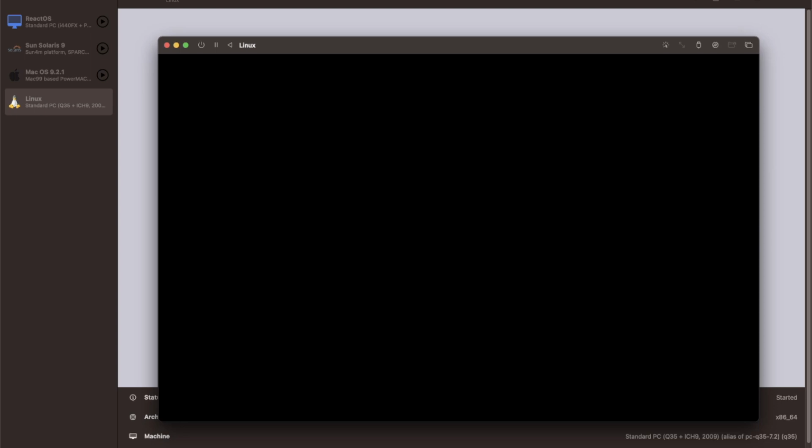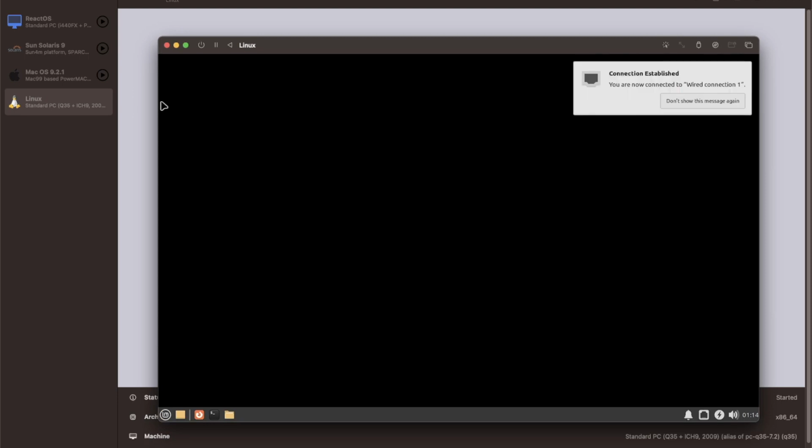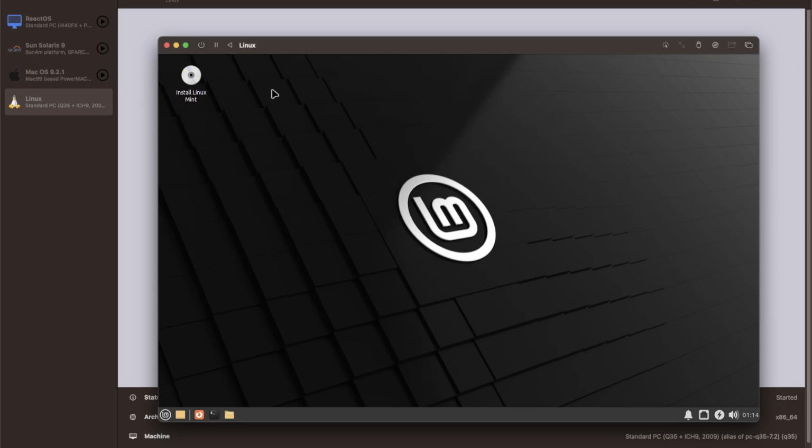Interestingly enough as well, and I'll do it in another video, I'll show you how you can emulate macOS 9.2.1 as well as ReactOS, and of course this is based on QEMU, which has been around for decades and has been very popular, especially in the Linux world. And before anyone asks, no, you won't use this to play games. Your performance is going to be incredibly slow, and of course there's no proper OpenGL or DirectX emulation. So if you want to run Windows on your Apple Silicon, you're going to have to use Parallels 18 and use Windows for ARM there. And I would suggest for Linux as well, use an ARM version of Linux,